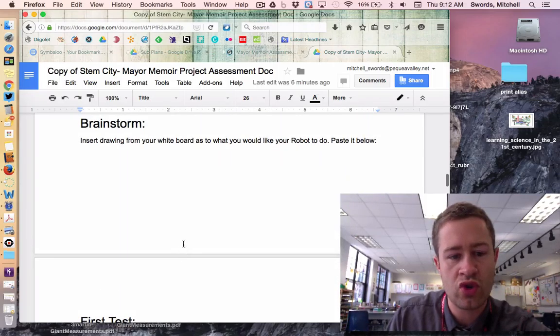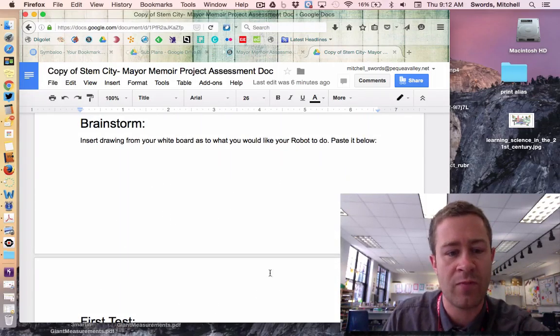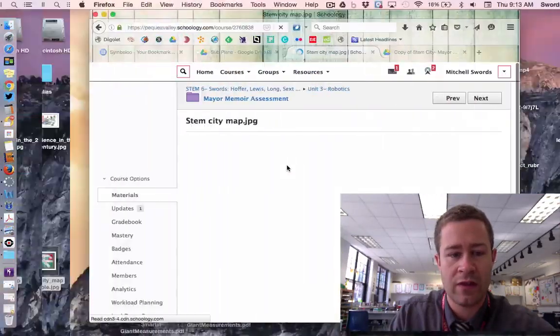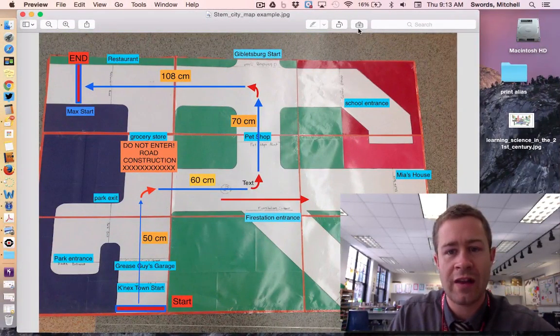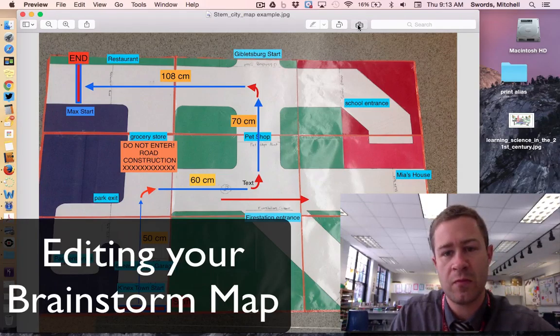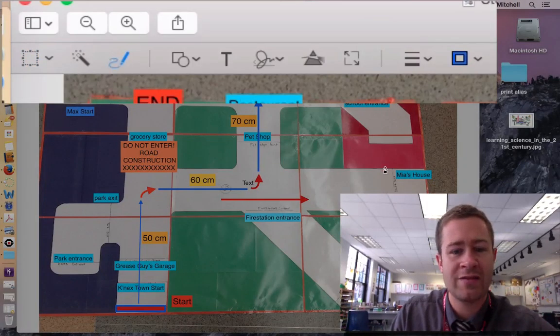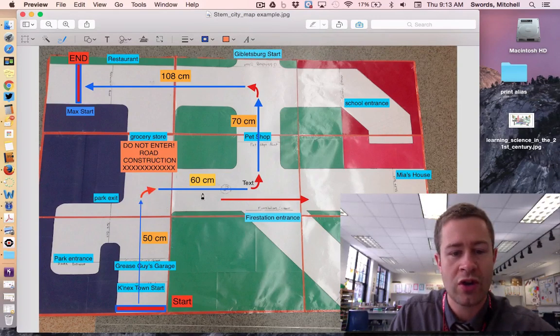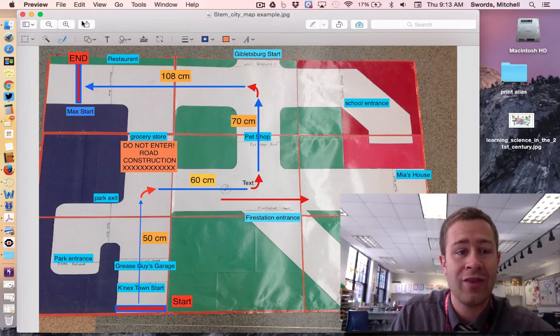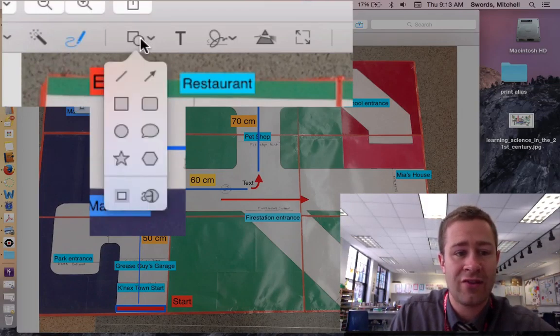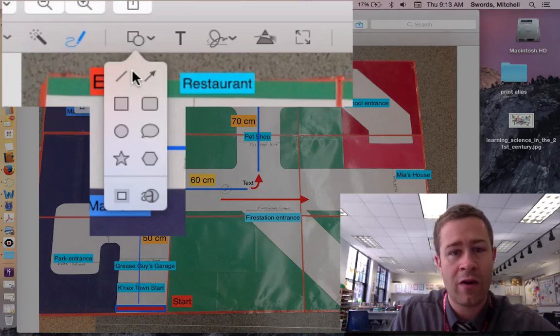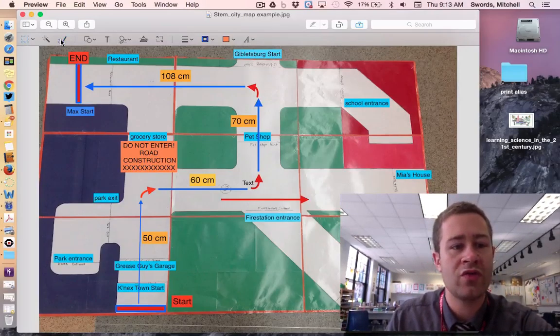But what we're doing with this is you should be finished with the story at this point. And you should be finished or in the process of finishing up your brainstorm. And then we'll have a nice little example here for you. You can edit the file by clicking on the toolbox, and then you could add lines and arrows as to where it goes. For this one, my example, I drew a straight line. I wanted it to turn straight, turn, straight, turn, and so I'm showing step by step what I believe my rover is going to do. And I use that using either the geometry block in our PDF editor,